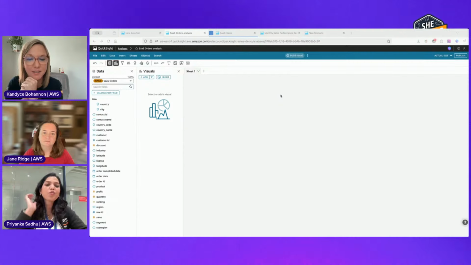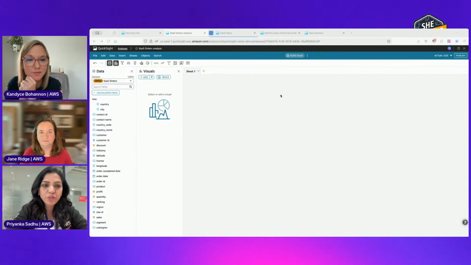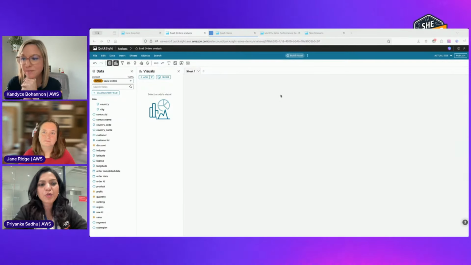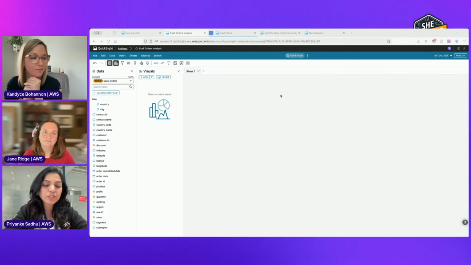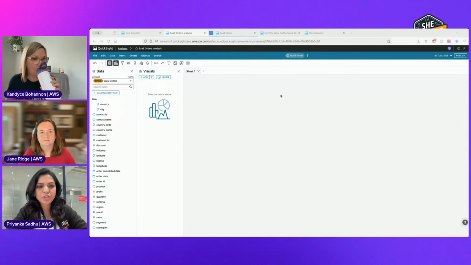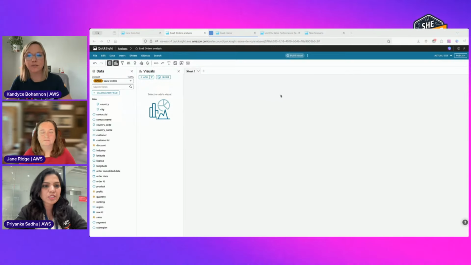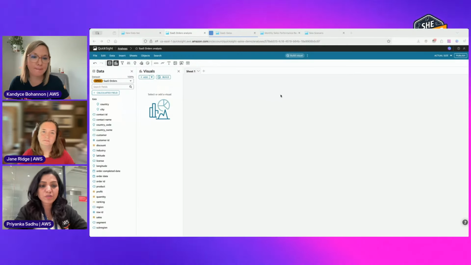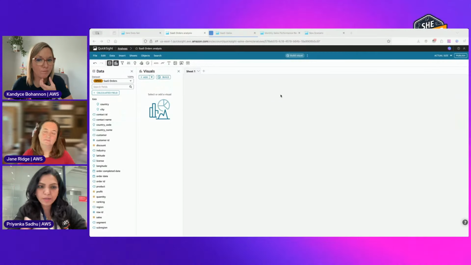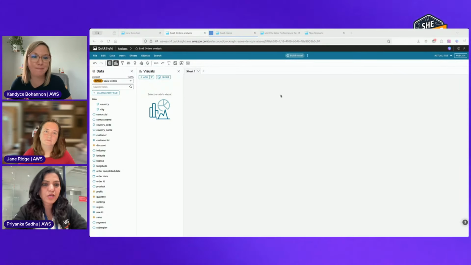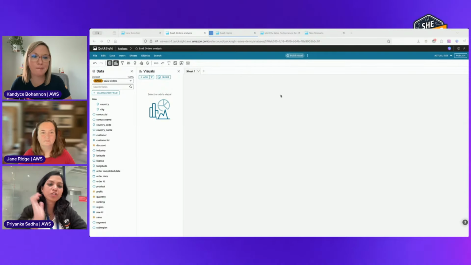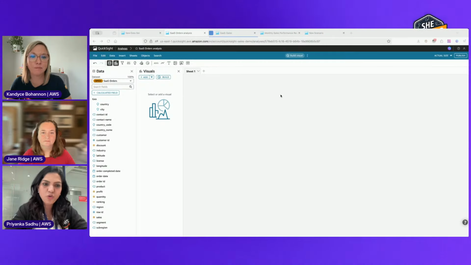Absolutely. Where Jane left off, she was talking about Q for Business. There is a connector in Q for Business that connects you to QuickSight as well. As I was saying before we started, you can start asking questions in natural language. You start with basic questions about your company, like what the company policies are. But say you've just joined the company and you've been thrown a bunch of dashboards, and you need to understand the data before you dive deep and ask others more in-depth questions. You want to be a little smart, do your homework, and then go there.